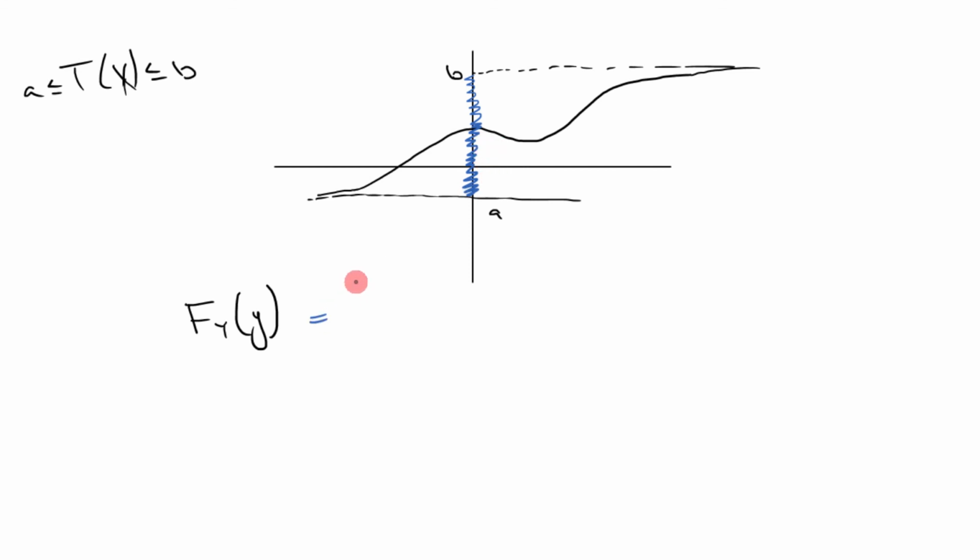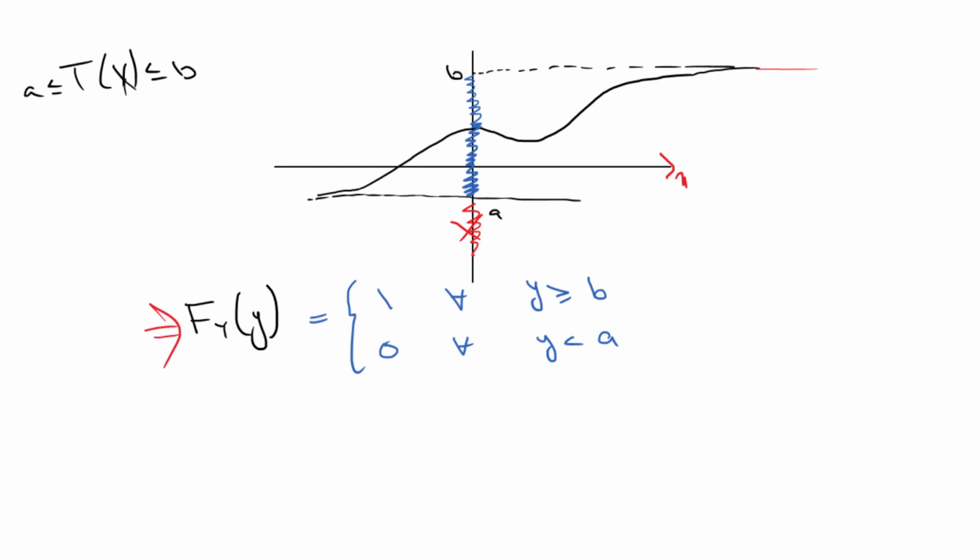That means it will be equal to 1 for all y greater than or equal to b, because the distribution function saturates to 1 when it accumulates all the previous events, and it will be 0 for all y less than a. As you can see, there is no x for which this y is defined. This is x, and there is no value of x for which this is defined. Whereas for y greater than or equal to b, it will be 1 for all values of x.